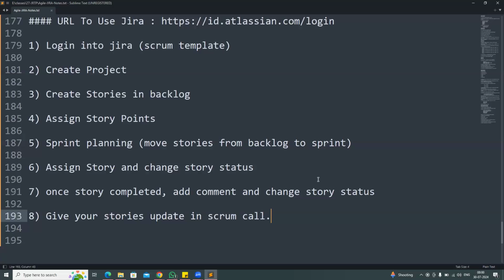In that scrum call, every team member should join and tell their work updates to the scrum master. Log in to Jira, use the scrum template, create the project, create the stories in the backlog. Once you create a story, assign story points to it. Then do the sprint planning, which is moving whatever stories are available in the backlog to the sprint. Then assign the story and change the story status. Once the story is completed, you add the comment and change that story status